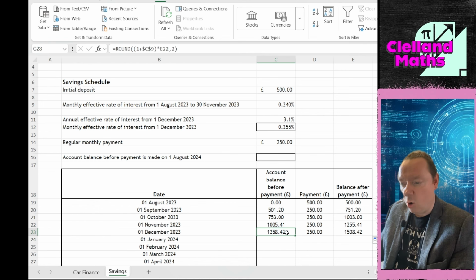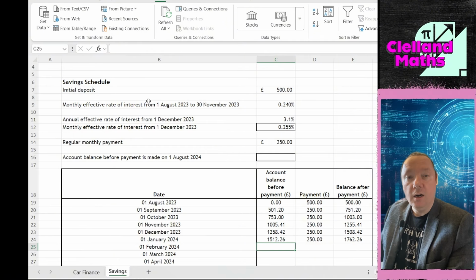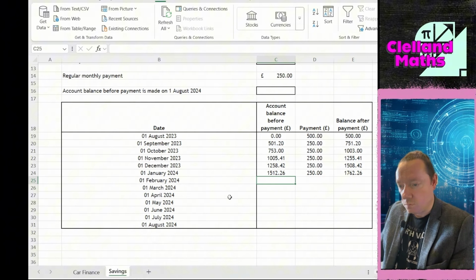So what you can do is just copy these boxes down again, just one time, but make sure you remember to change that one. So it's now no longer C9, it is now C12. So I can just change that number to 12. And there we are. Now we can copy down